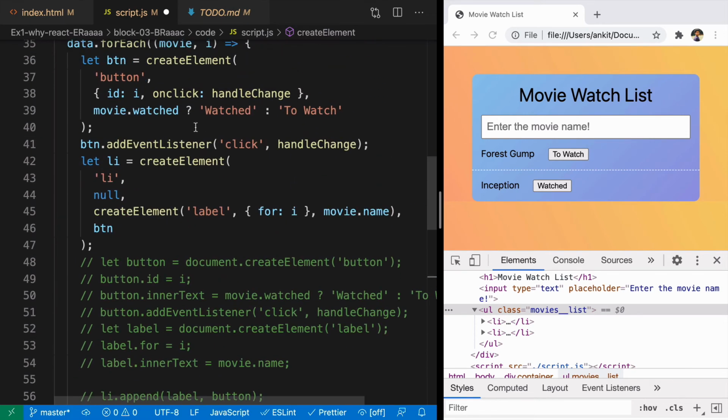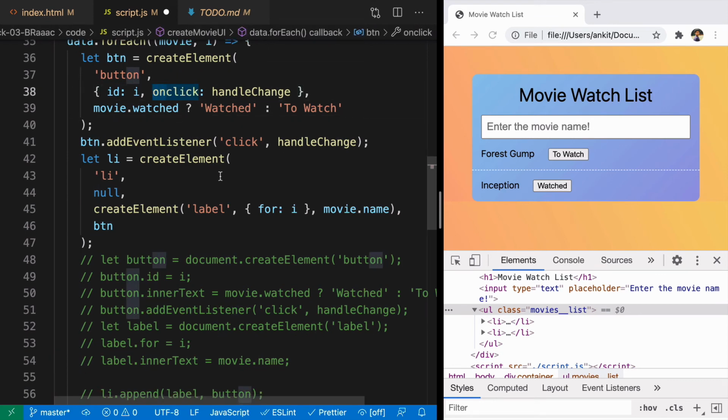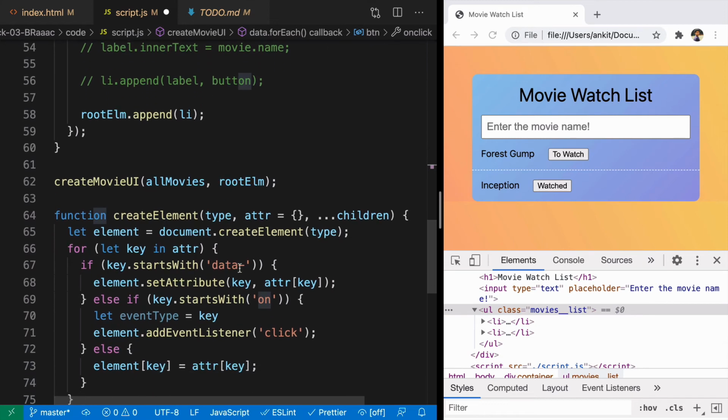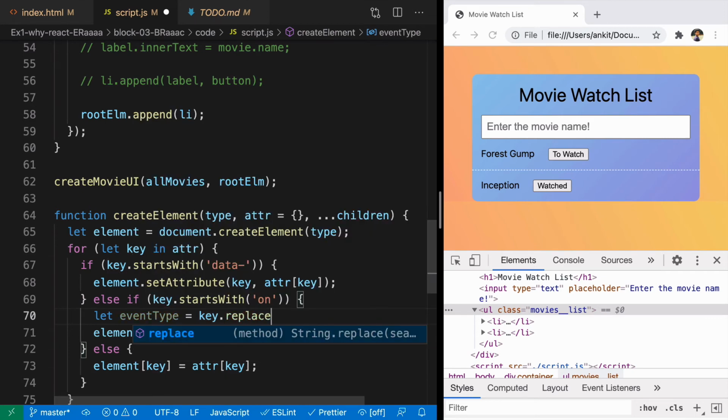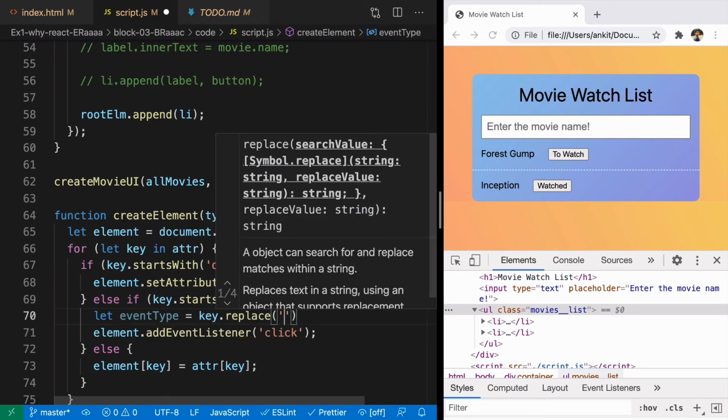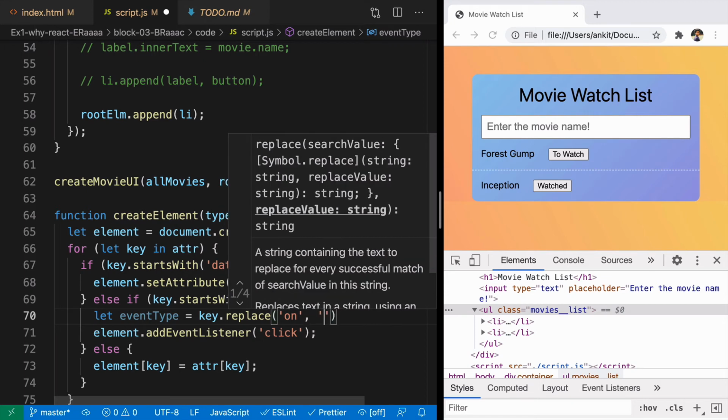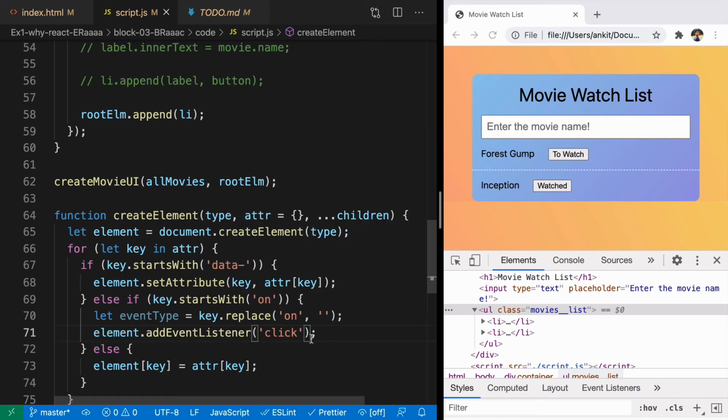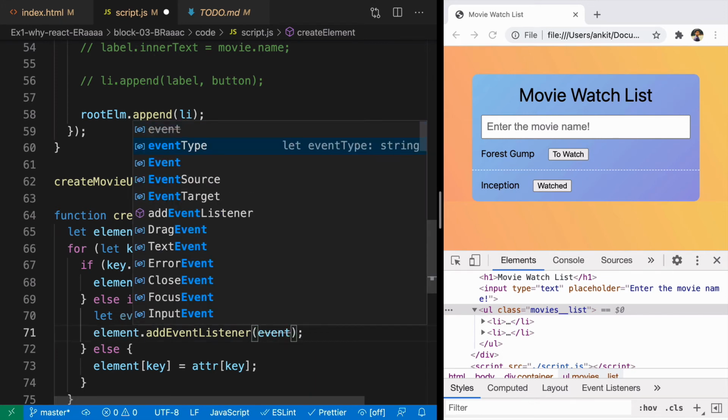Because the key is on click, and we just need to remove this on from here. So the simplest way would be we can just say key dot replace, because it is a string, I want to replace on with empty string. And in that way what will happen is on click will become click. And here instead of passing click, we'll just say event type.